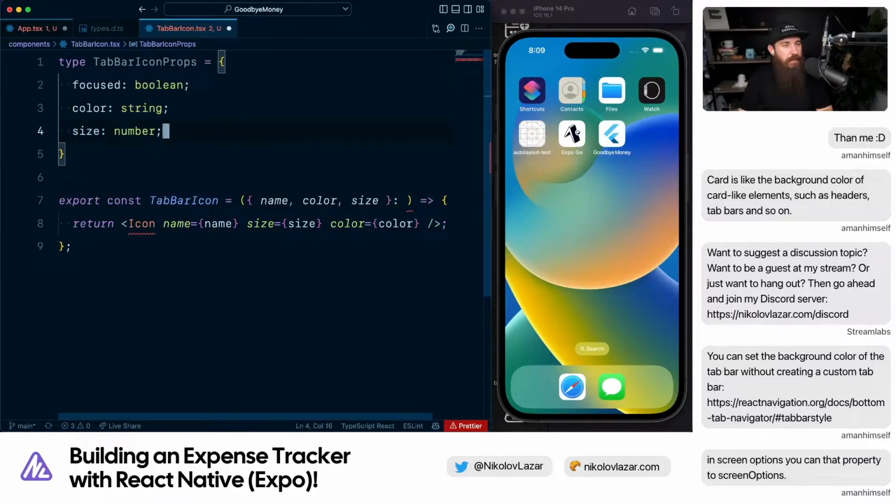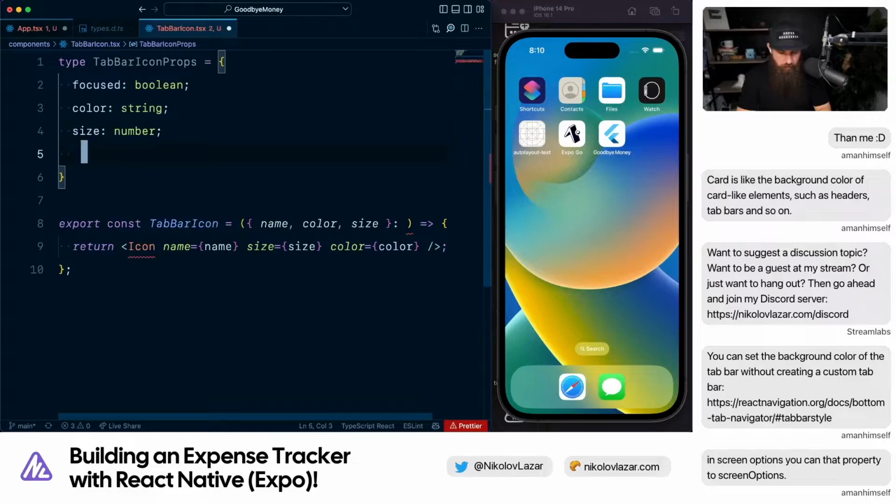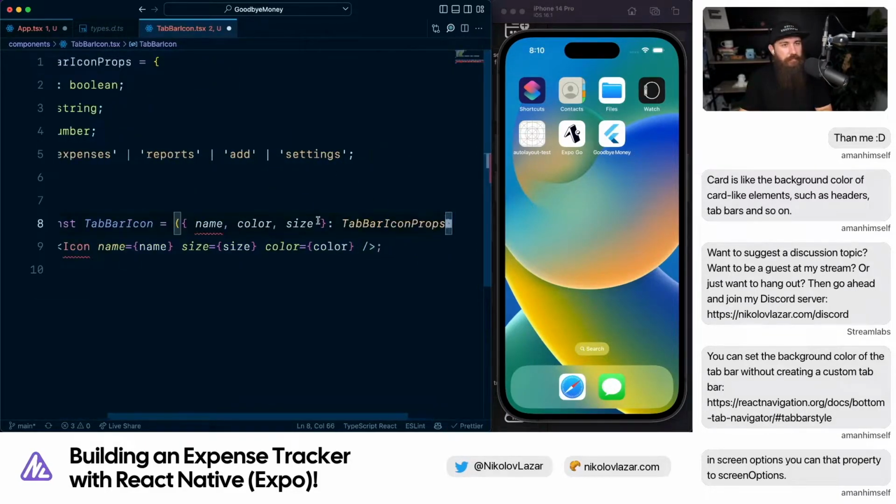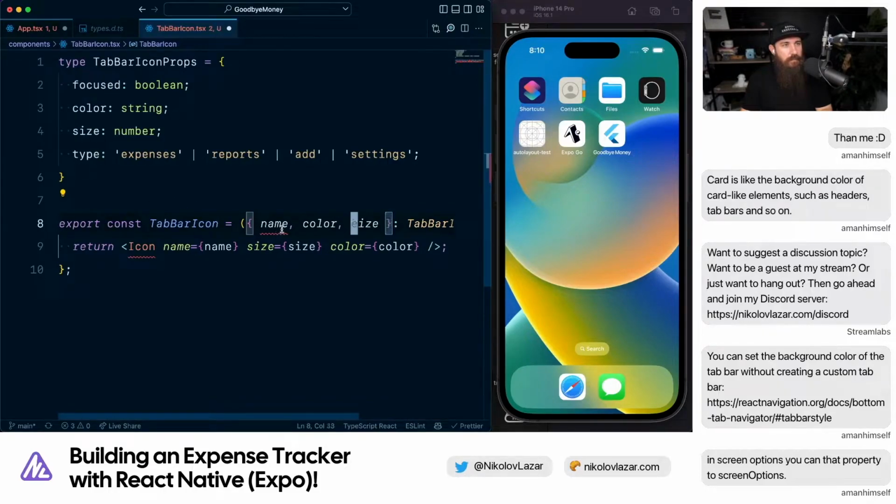Focused color size, and also we're going to do type, and that's going to be either expenses or reports or add or settings, right? Let's grab that. We have the type, color, size, and also focused, which is a boolean. Okay, so